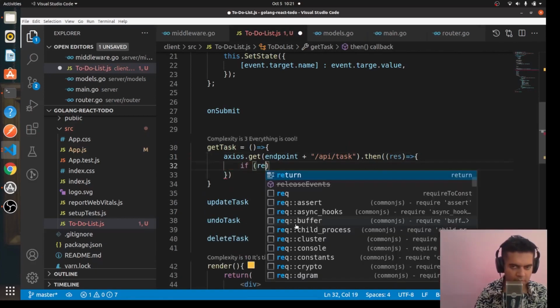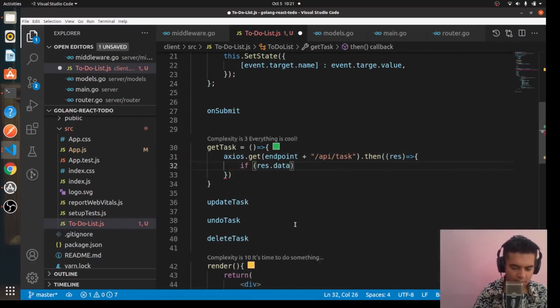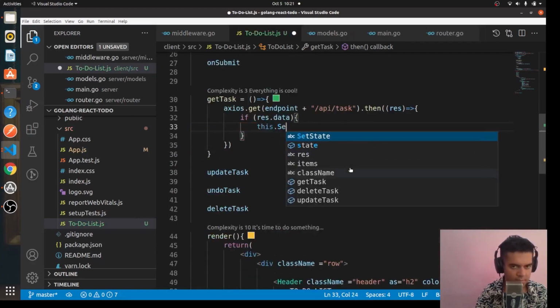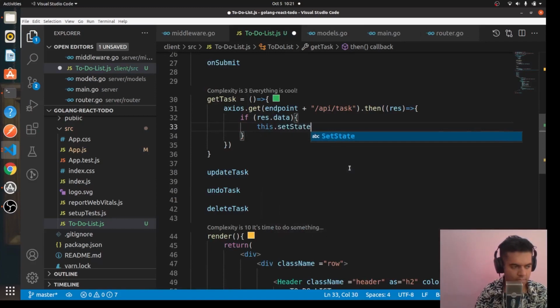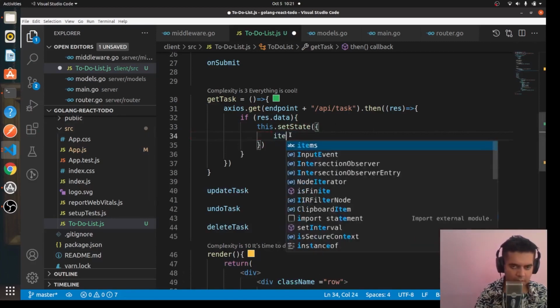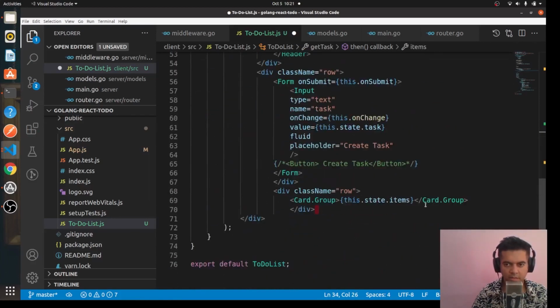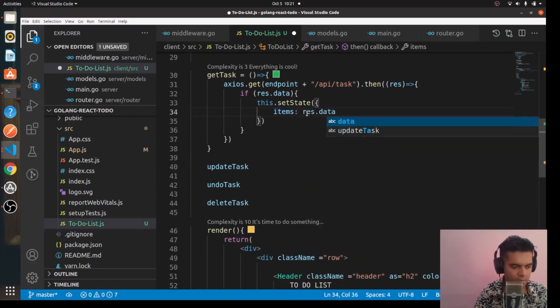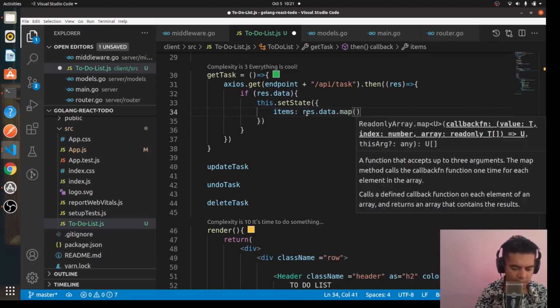So if the response that we have received, the data of that exists, there is some data, then we'll set our state. And now we want to set our items, the items that we're going to map here, which are basically the initial tasks. So we'll say response.data.map out each of the items,